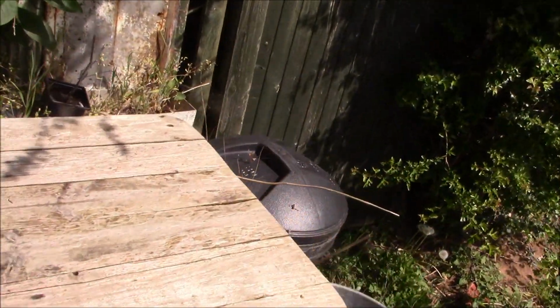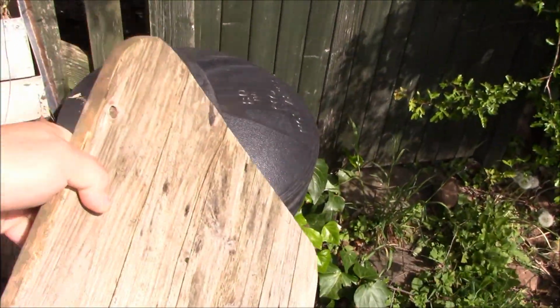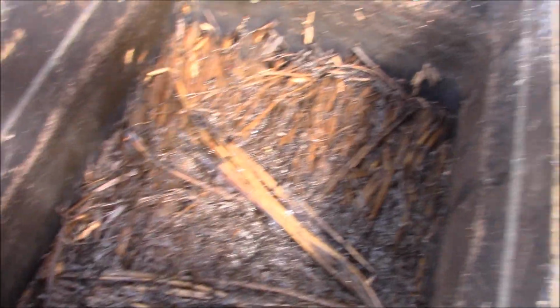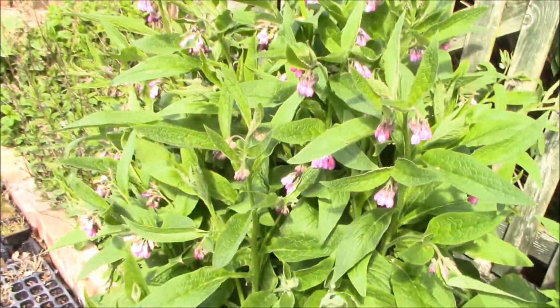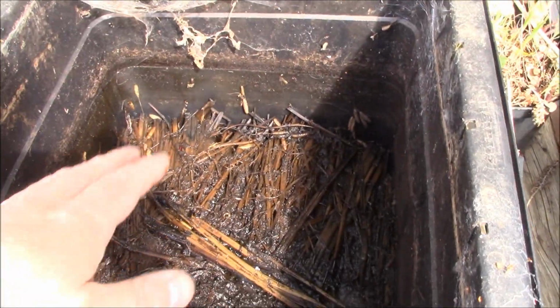Now all of that you see in there was drained out of here earlier in the week, and in here all I've got is a tile just to weigh it down, and then you put all of the comfrey there. Obviously this is spent, so I'm just about to redo it. So all of that can now go on the compost, and this is what comfrey looks like. So all you do is you just cut that plant down, fill this pot full of it, and then weight it down with the